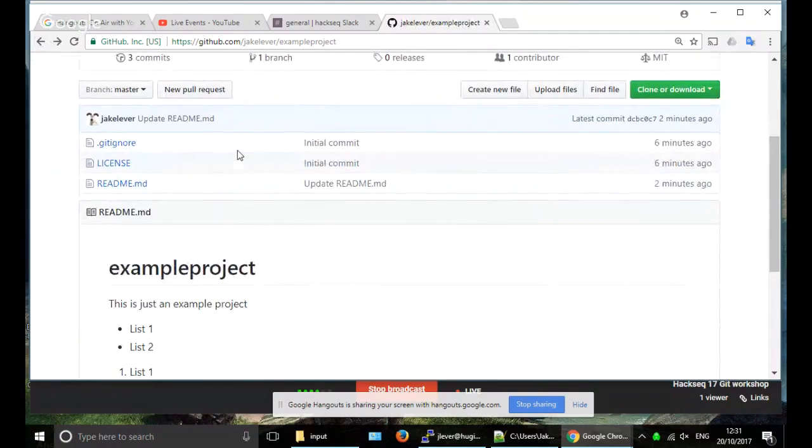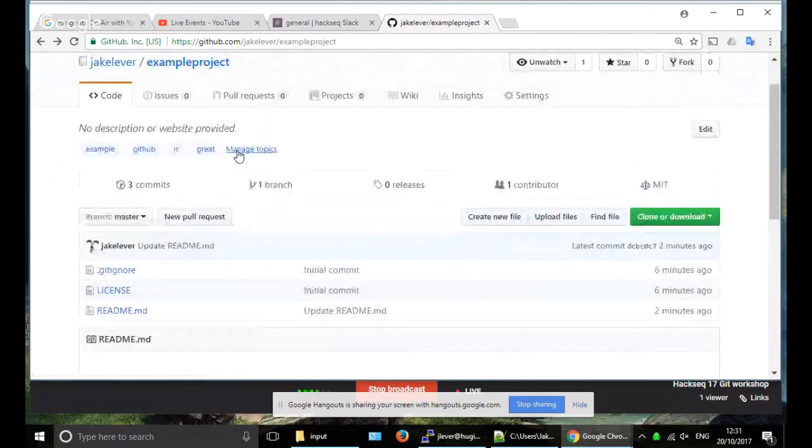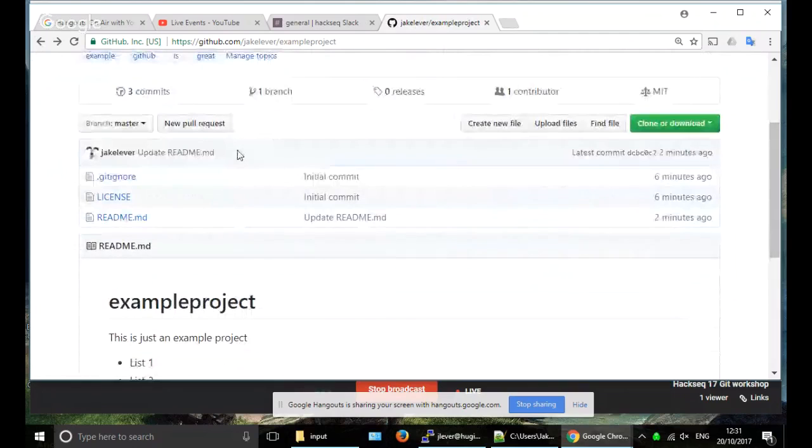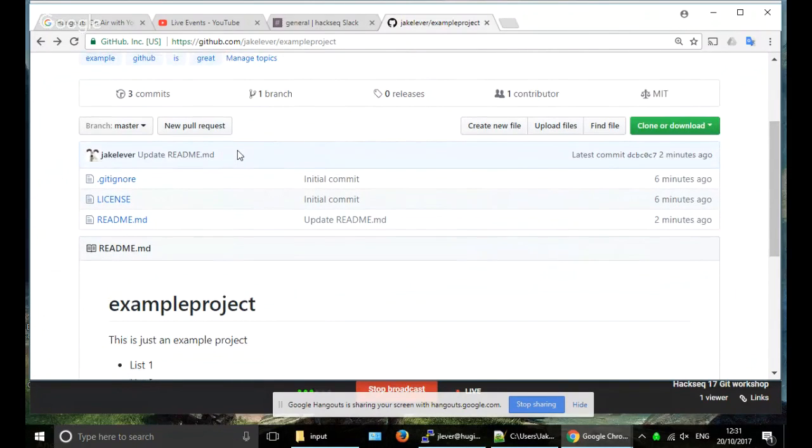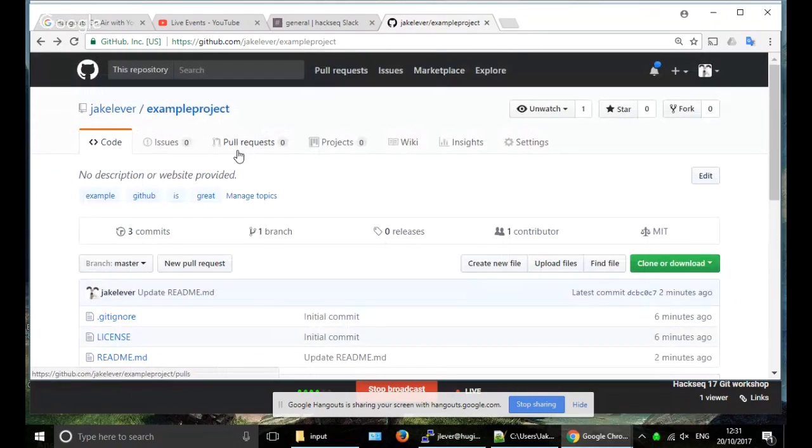So we have this repo, and this is ours, or it could really be anyone's. If it's public, you can clone it and you can make edits to it, but you won't be able to submit edits to it. If you want to take someone's project and make your own edits to it, what you need to do first is forking it,